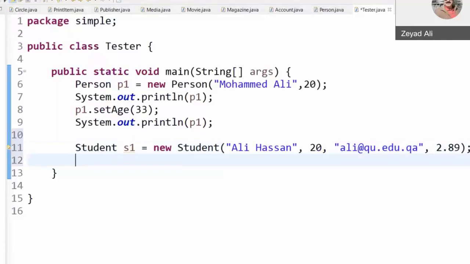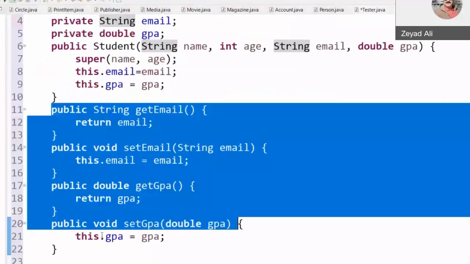We still need to do something. If you try to print a student, for example, s1, when you try to print the object, the toString method of the object is used.